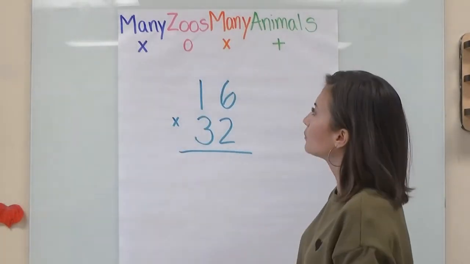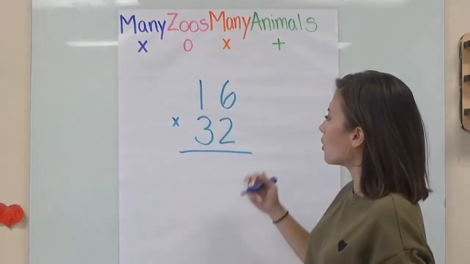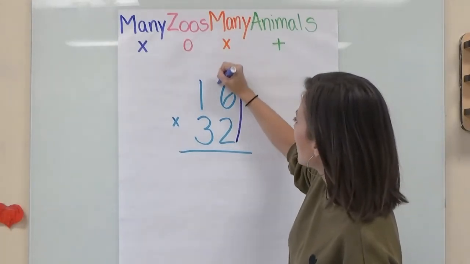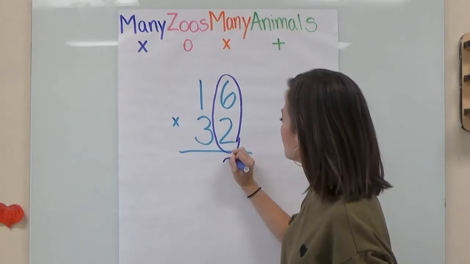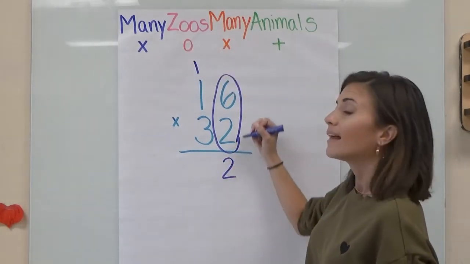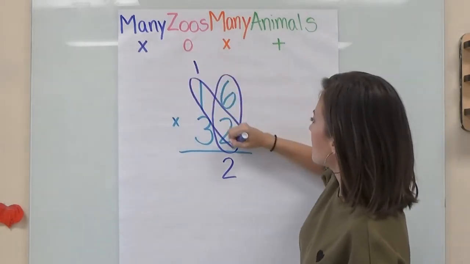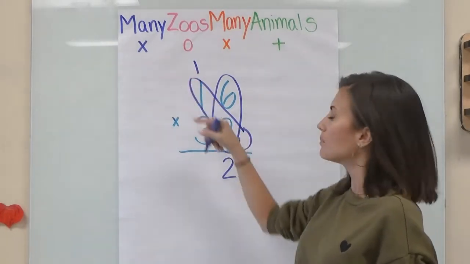So like we did previously, we are going to start by multiplying. And we always multiply our ones column first. So I'm going to multiply 2 times 6. That's going to give me 12. 2 goes in the bottom, I carry the 1 to the top. Then I multiply 2 times 1. 2 times 1 gives me 2, but I need to add in the extra 1 at the top,